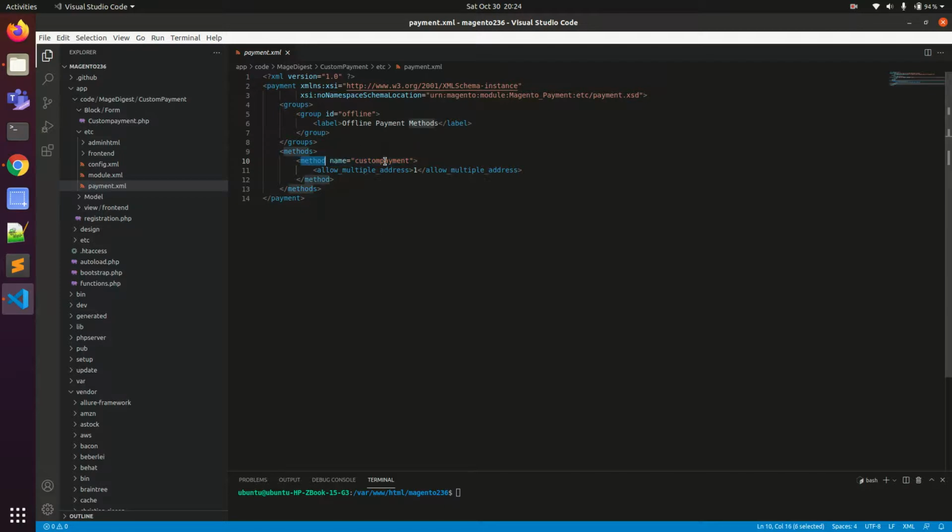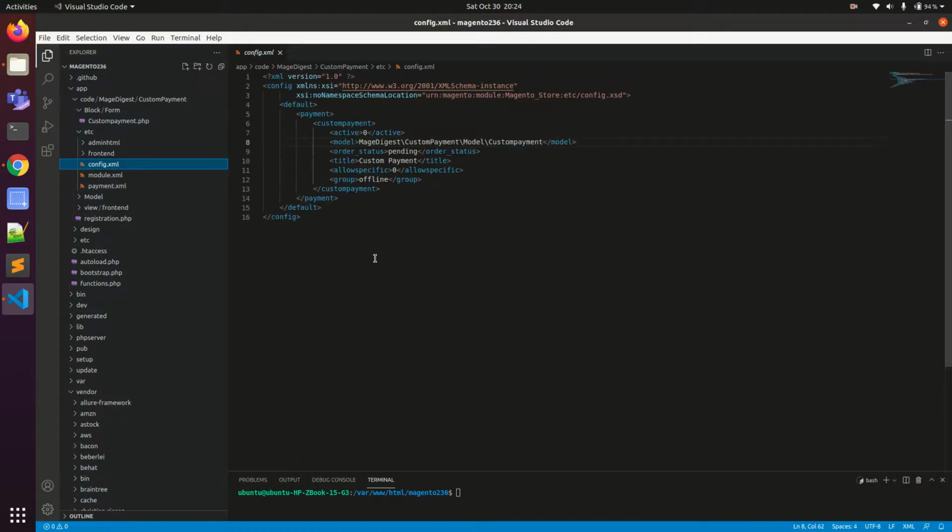So this is the method name. Two things we are mentioning over here, one is the groups and one is the method. Remember the name that we have written over here, method name. This should be constant, or similar to whatever other areas you are mentioning, the payment mode, payment code. So two things we are mentioning over here. Now this is done. Now let us go to the config.xml.